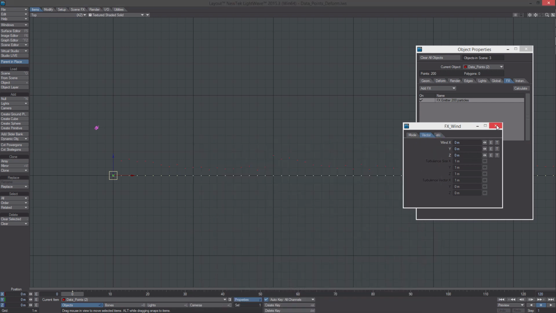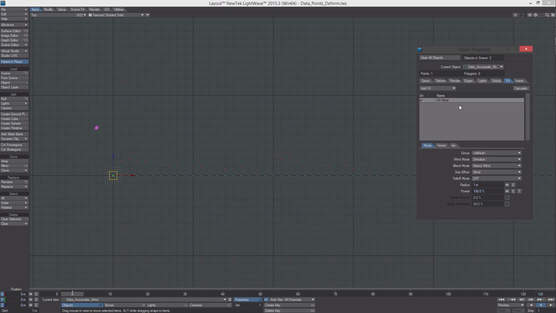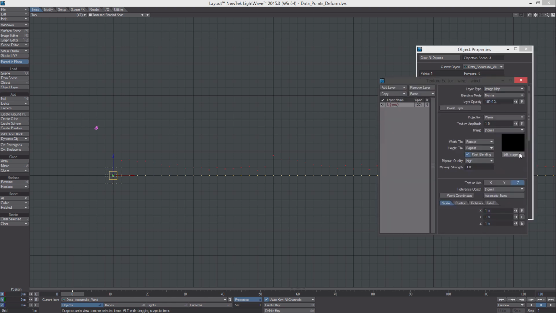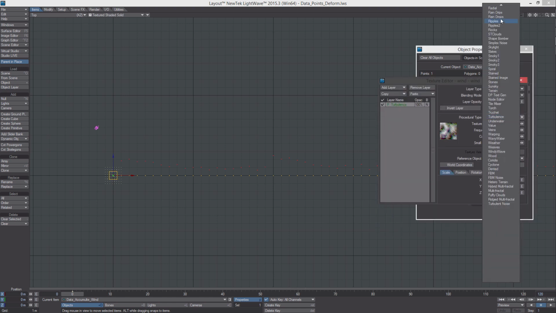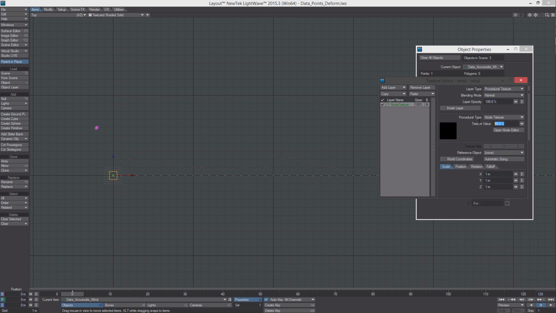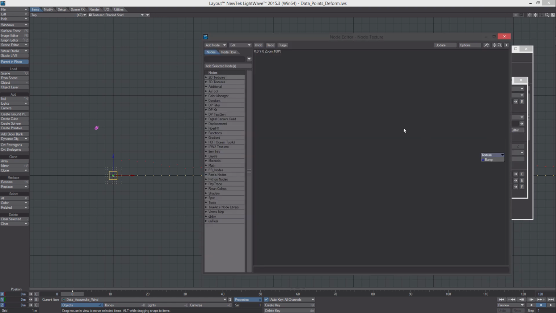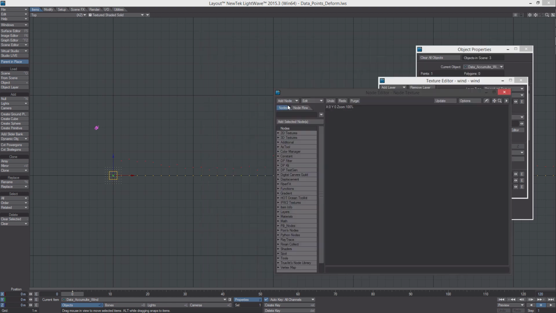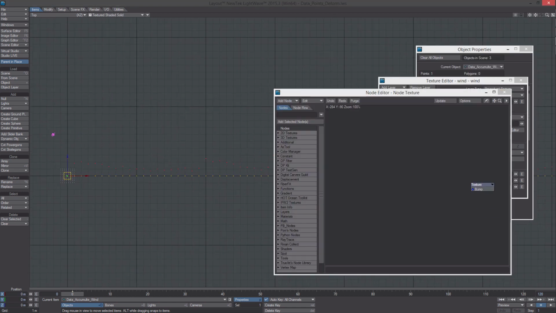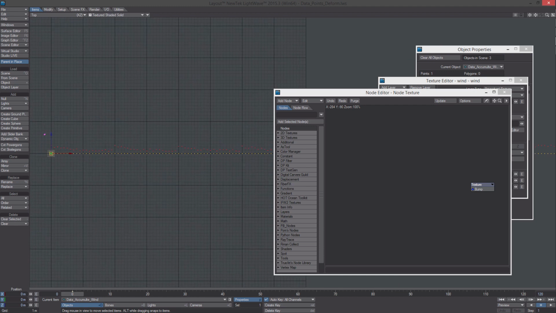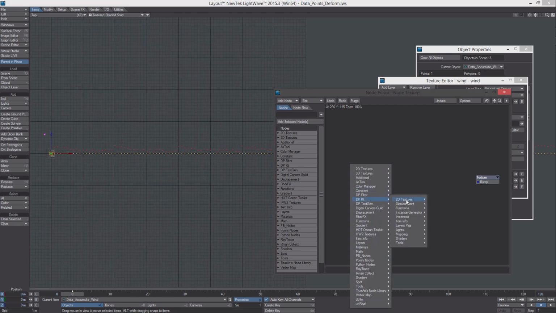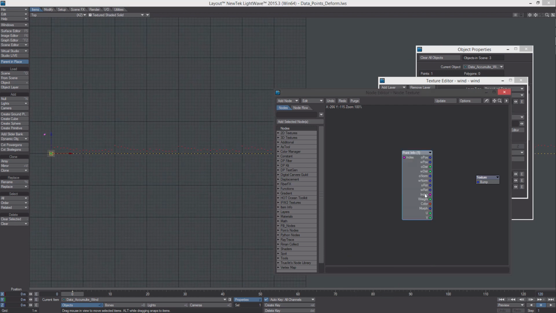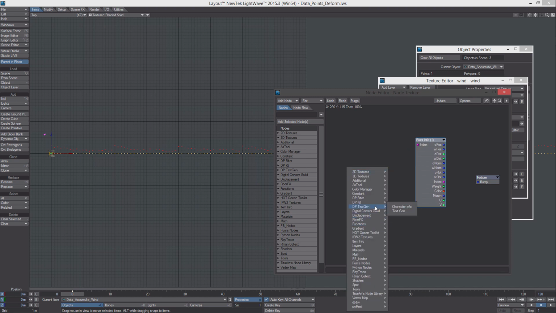So the way we're going to do that is we're going to go into the direction for the wind, and we're going to add node texture to it. So we're going to go into the node editor. The first thing we're going to need here is to get these points in here. So I'm going to get a DP kit item info point info and a DP kit item info nearest point,